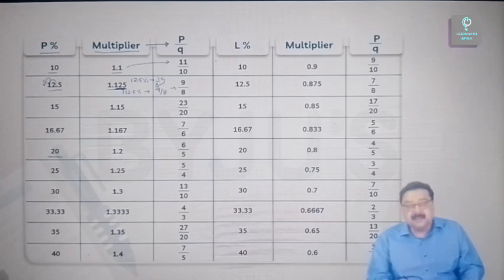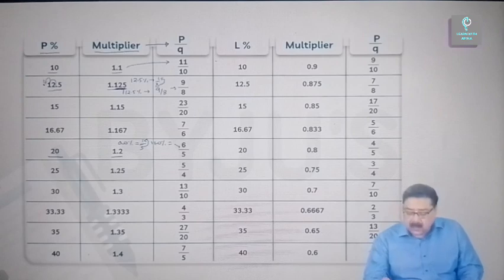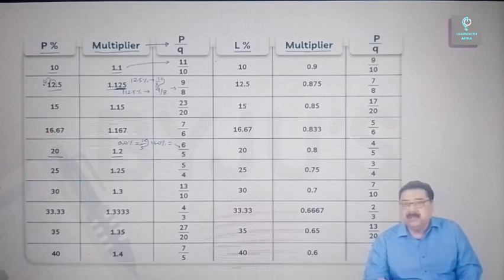Now similarly for others, 20% is 1.2 times, and 20% as we discussed is 1 by 5, the fractional equivalent. So 120% shall become 6 by 5, adding denominator to the numerator and so on. Now what if loss percent is mentioned? Then what should be multiplied to the cost price to get you the selling price, and what is its fractional equivalent? If 10% is the loss made in a transaction, then 1 minus 0.1, which works out to be 0.9,